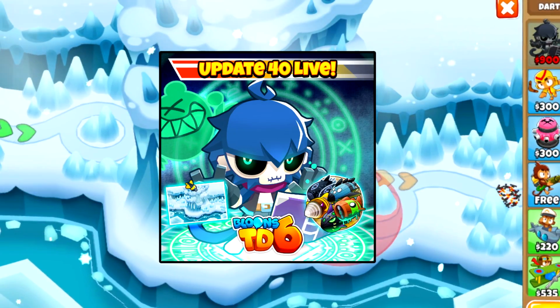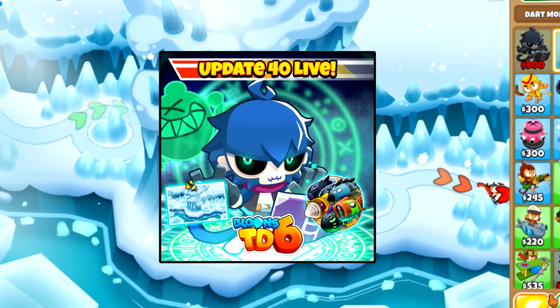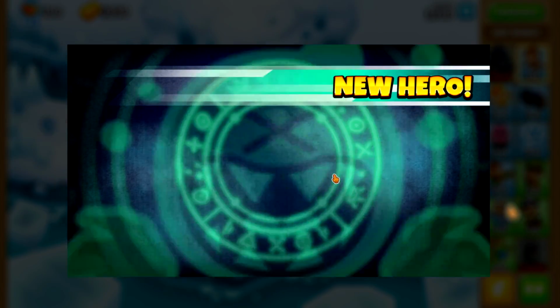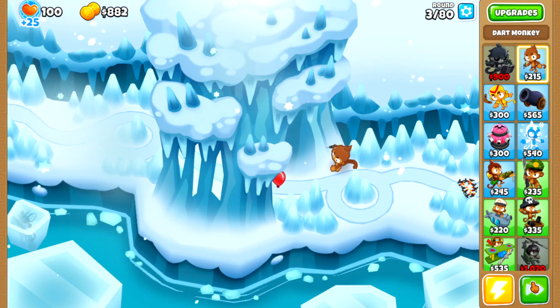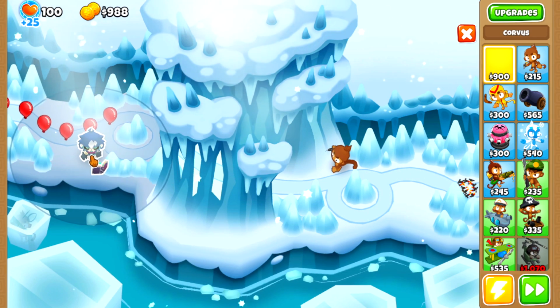Update 40 was just released, and in this video we will rush through all of the changes to keep you up to date. Starting with the main event of the update, the new hero Corvus the Spirit Walker has finally been released. Originally meant to be released in the Halloween update, it was delayed due to the complexity of having so many different attacks, abilities and spells, and from what I've heard so far, he is very strong and was